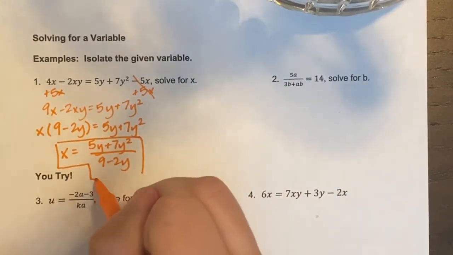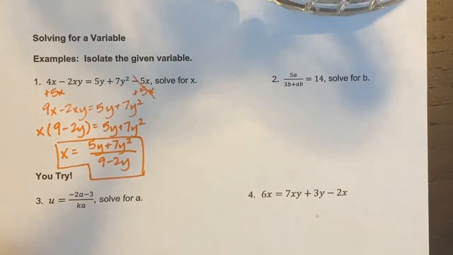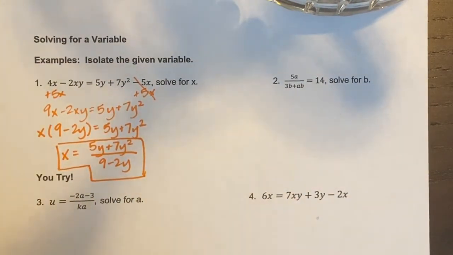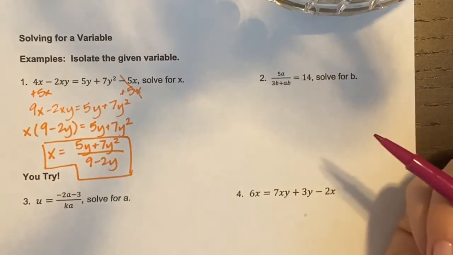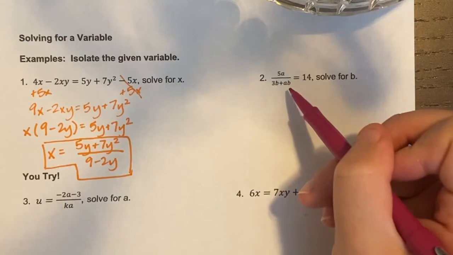So then my x is by itself. So don't be afraid to try factoring in order to get a variable alone. It's going to be the same idea over here. We want to get b by itself, but right now you have 2 variables that have b in them. So what I'm going to do is